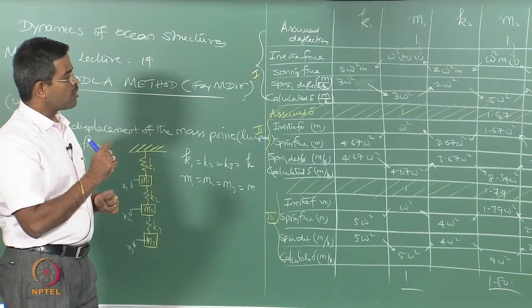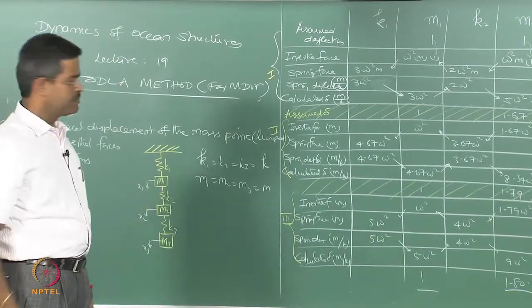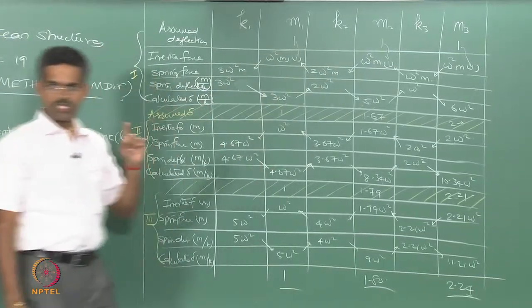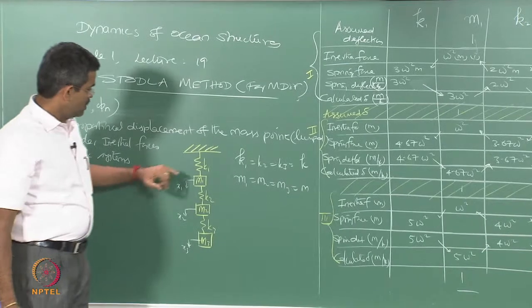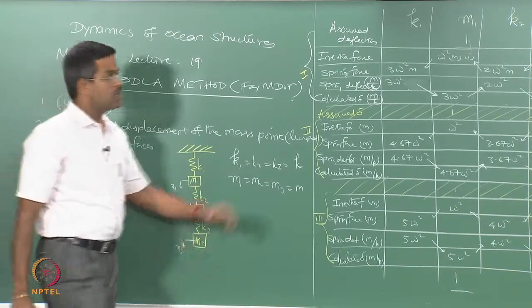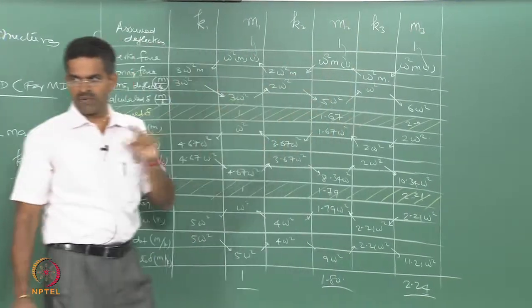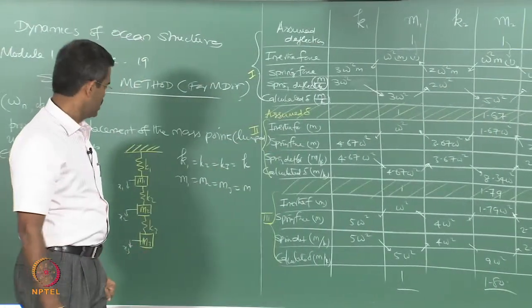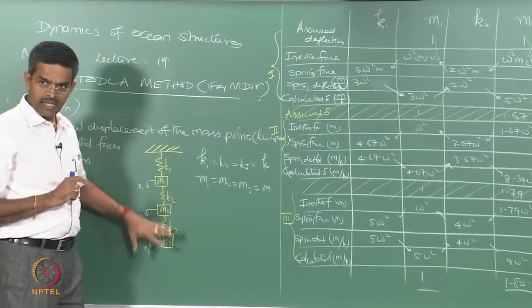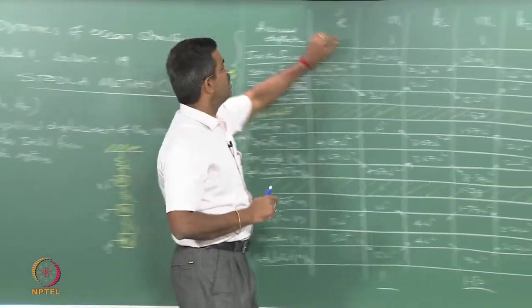Now, let us look at the crooked points where we can go wrong in making the table. You should always enter the table in the same format as x1, x2, x3. On the other hand, x1 with k1 and m1, x2 with k2 and m2, x3 with k3 and m3. Therefore, x1, x2, x3 is the first order which you will follow. The second order will be always m and k should be expressed as a ratio. You must take m and k common out and enter only the proportional values of m and k here.